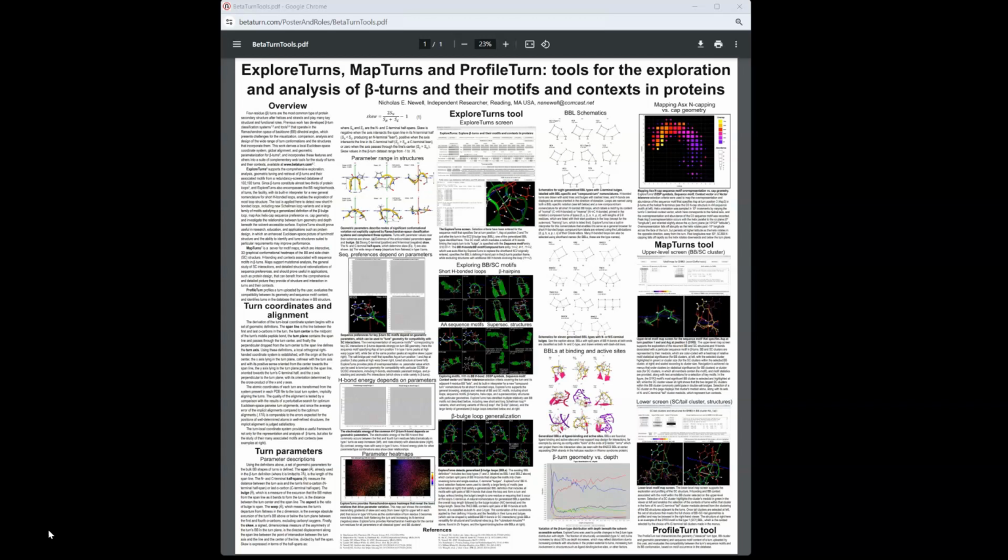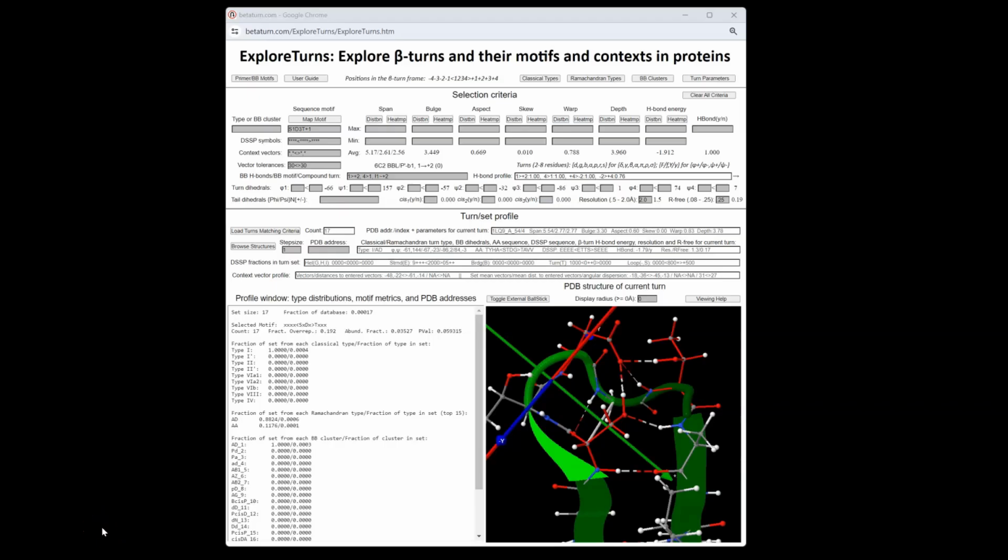that incorporate them. This work derives a local Euclidean space coordinate system, global alignment, and geometric parameterization for beta turns, and incorporates these features and many others into a suite of complementary web tools for the study of beta turns in their context, available at www.betaturn.com. The first tool, ExploreTurns, is a database selection screen, structure profiler, and graphical browser integrated onto a single web